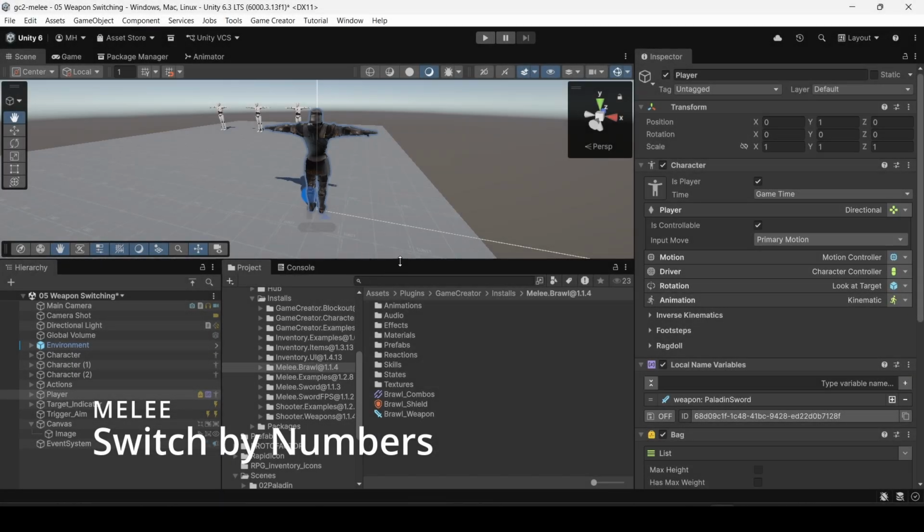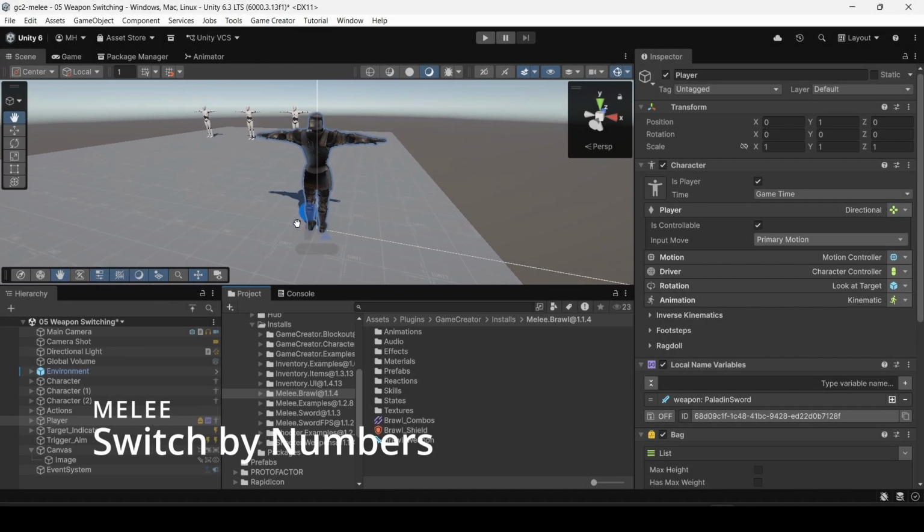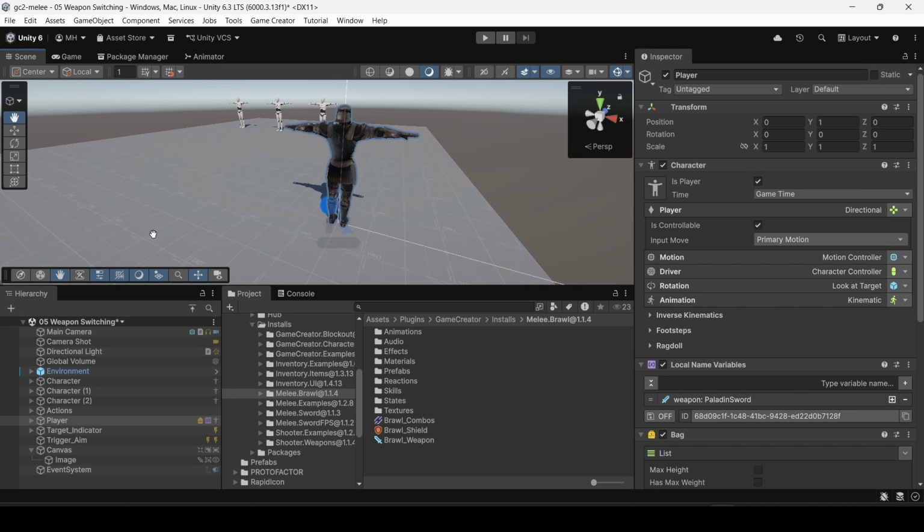All right, so how do we switch weapons using Game Creator 2? We're just going to look at melee weapons in this video. So we will take a look at that. So assuming that your player is going to be unlocking weapons during your game or picking up weapons, perhaps, what